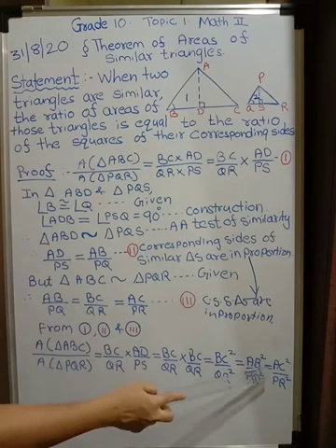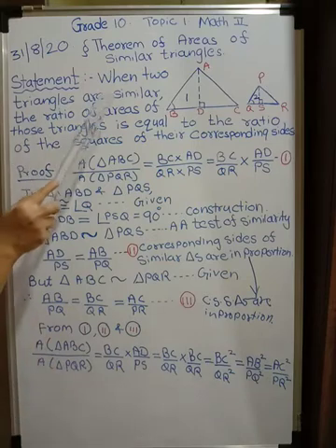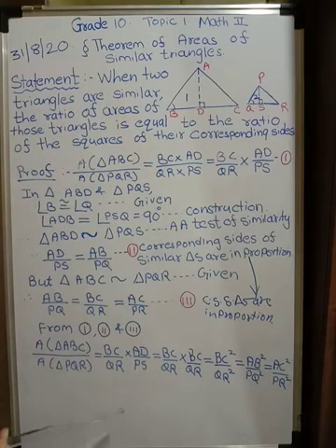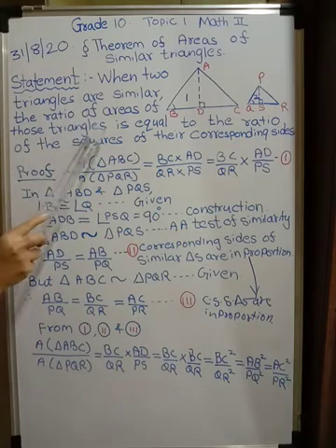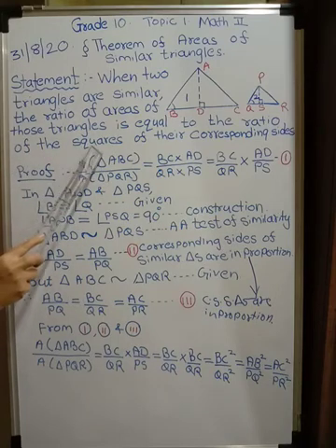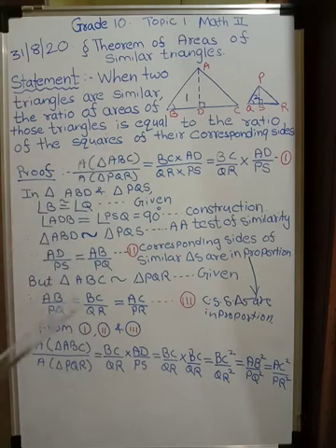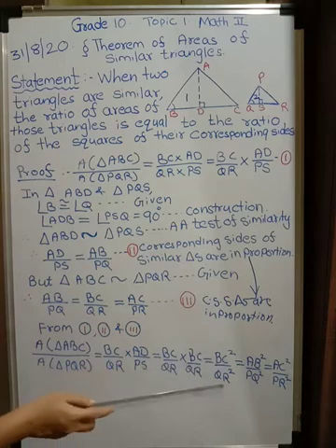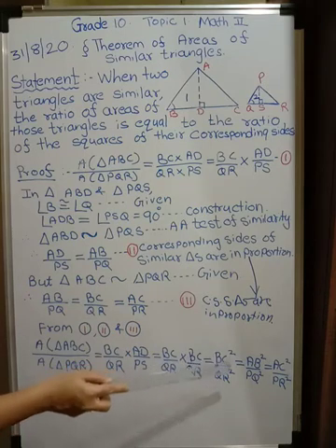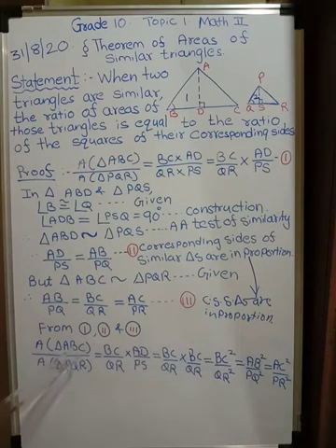Okay. And therefore, we got the proof that when two triangles are similar, as we have proved, then the ratio of areas of those triangles is equal to the ratio of squares of their corresponding sides. Okay. So you can take any one pair, and the square of those corresponding sides will give you the ratio of the areas of those two similar triangles. I hope it is clear. Please pause the video and take down all the steps.